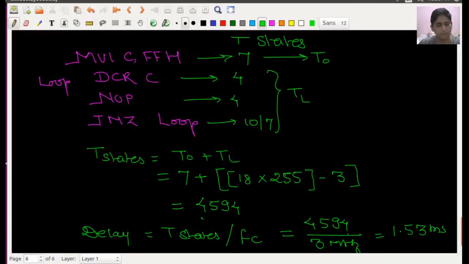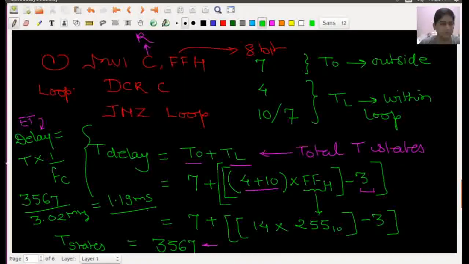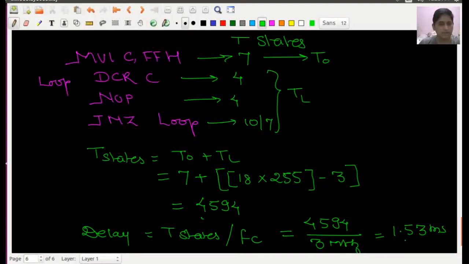So now you can introduce that many NOP instructions if you want to increase the delay. Previously, without NOP, we got a time delay of 1.19 millisecond, but here the total time delay is somewhat increased by using the NOP. If I want to add one more NOP, in the third case, then the time delay will increase to 1.87.